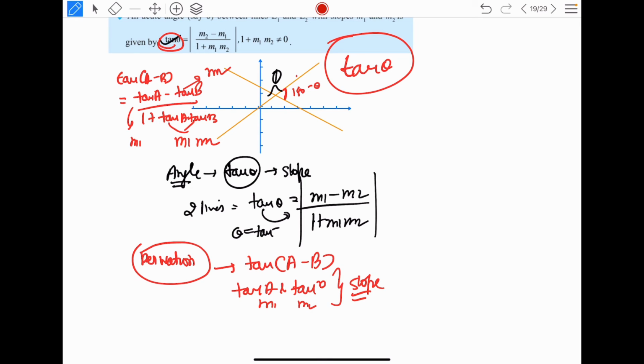Simple. And then you will be able to replace tan A and tan B by m1 and m2, because slope is tan. And you will get this formula for the angle. So the formula for the angle is tan theta is equal to m2 minus m1 upon 1 plus m1 m2. That's how you can calculate, not the slope, the angle between two lines. And you will be able to understand how this works. I have not gone into the details of the derivation, but I have told you the logic behind it.